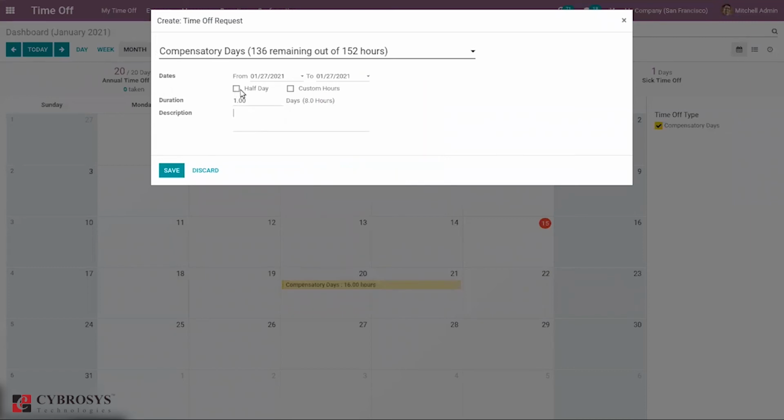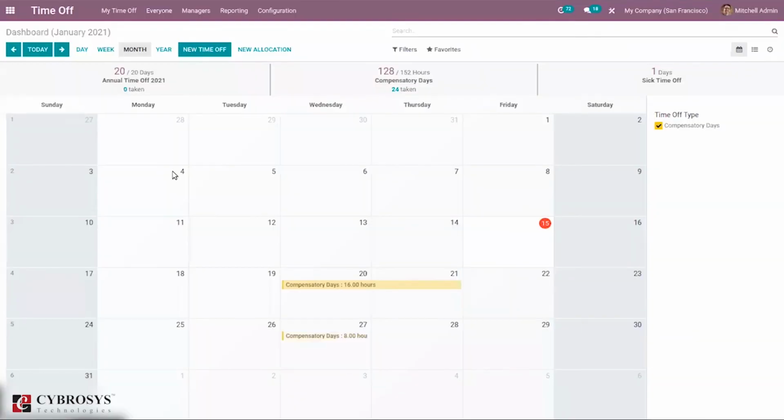Then here we can set a half day or custom hours. So I'm setting duration 1 day. Then we can provide a description, and then we can save this. When you save, you can see it is added here, 8 hours.